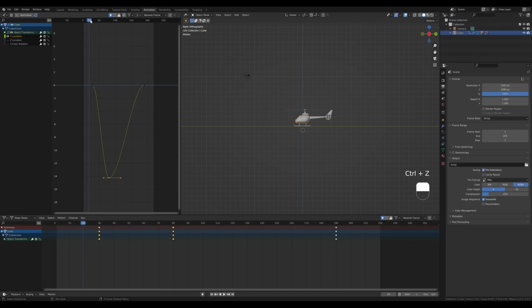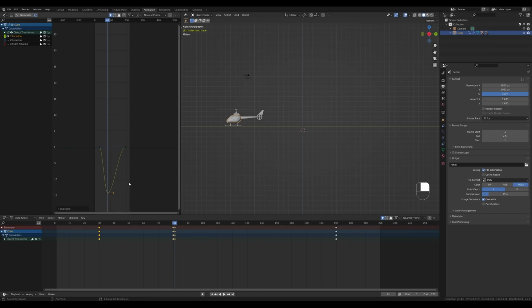So right now we have this animation where the helicopter starts to move forward and then goes back. So we need to do something different here, and we'll just move to frame 81 and duplicate this keyframe, press X and slide it just 1 frame and move it to the other side. So press G then Y and move it up like this, all the way like 20 meters back.